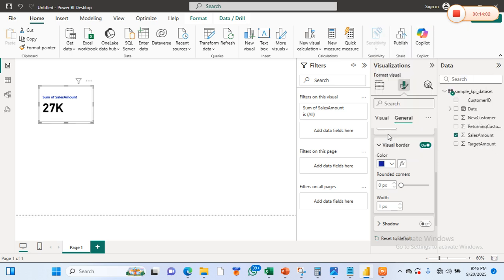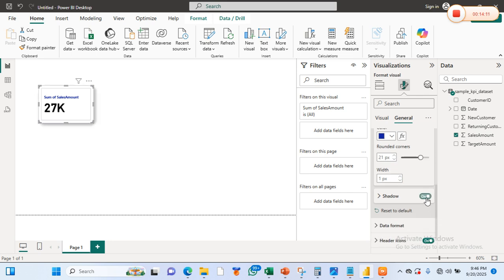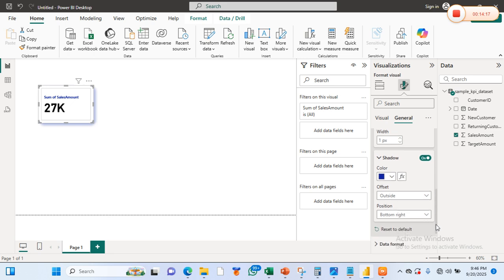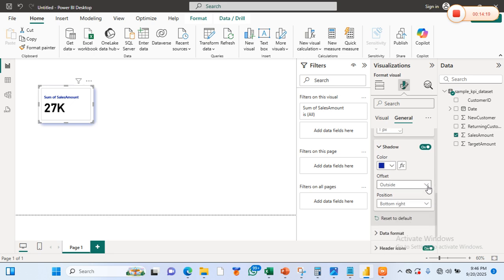So I can give it this color. I can round it. The shadow, same. I can give the shadow this color. So I'm trying to format this, guys. I can put it inside.